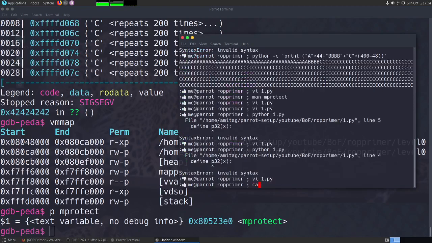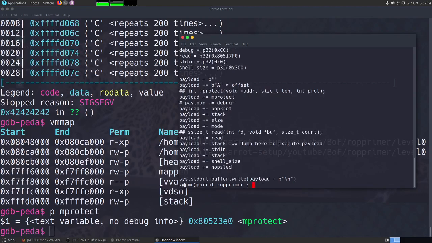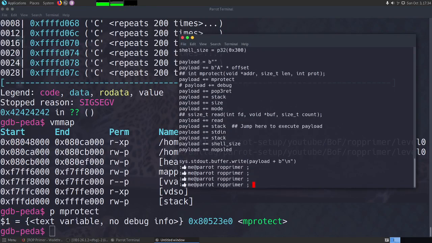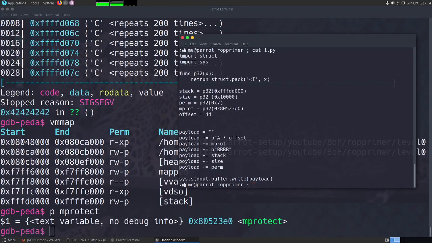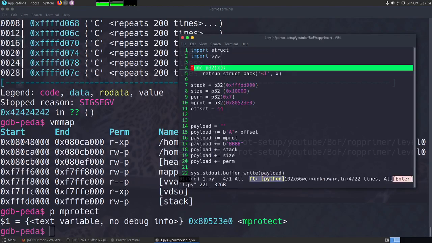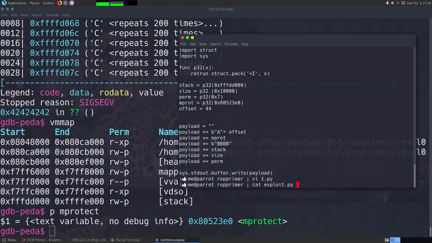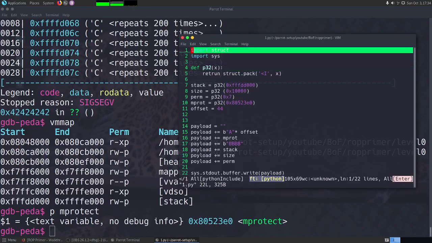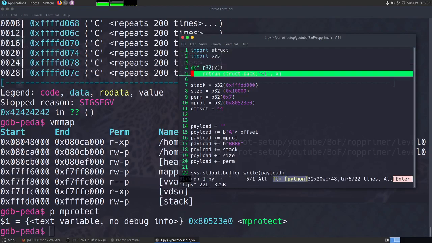What am I missing? Okay, struct dot pack, return, spelling mistake.